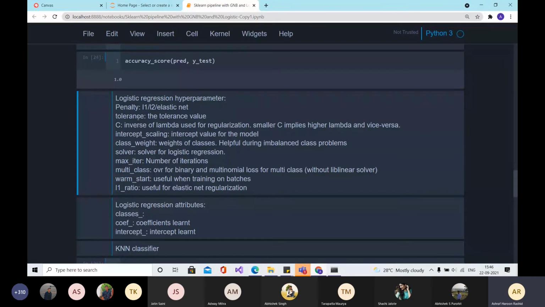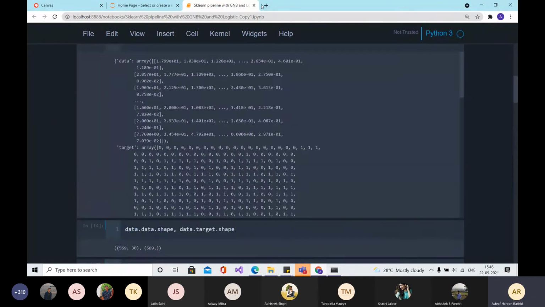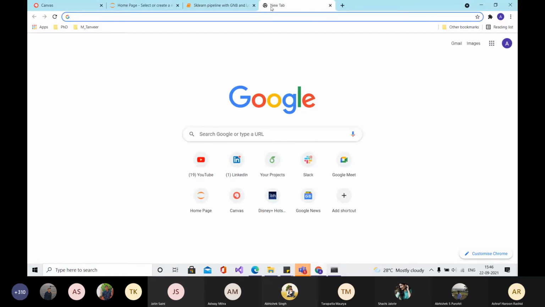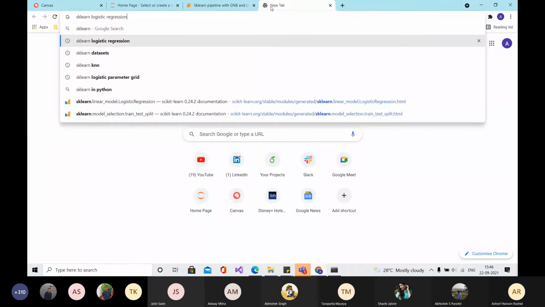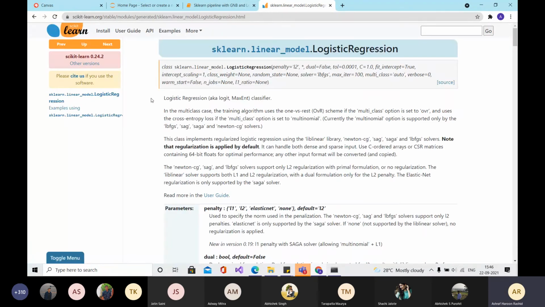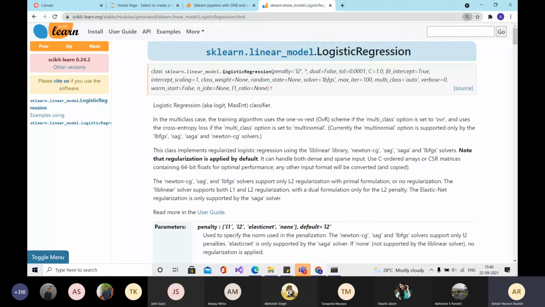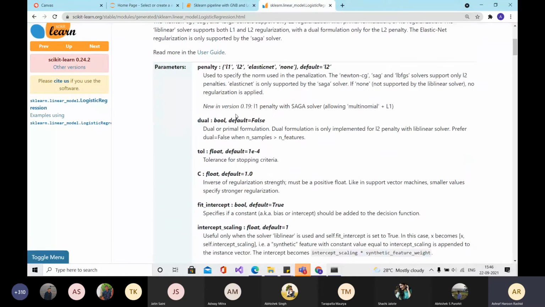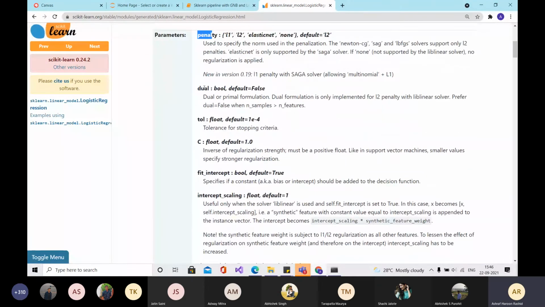If you look at the documentation of logistic regression in sklearn, you will see the different types of parameters that it takes.